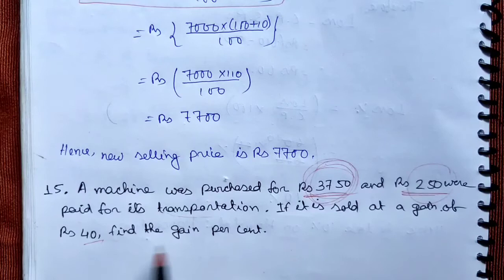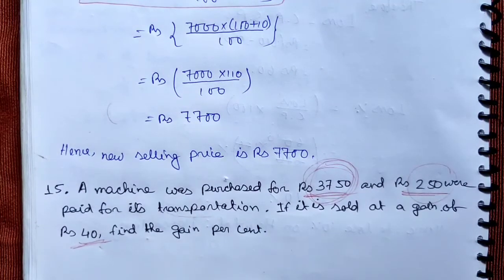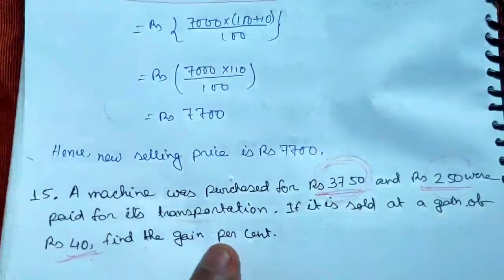And then he sold it at a gain of rupees 40. So SP will be what? SP will be this plus this plus this, isn't it? Now we have to find gain percent. So how to find gain percent? Do we know the formula of finding gain percent? Look,